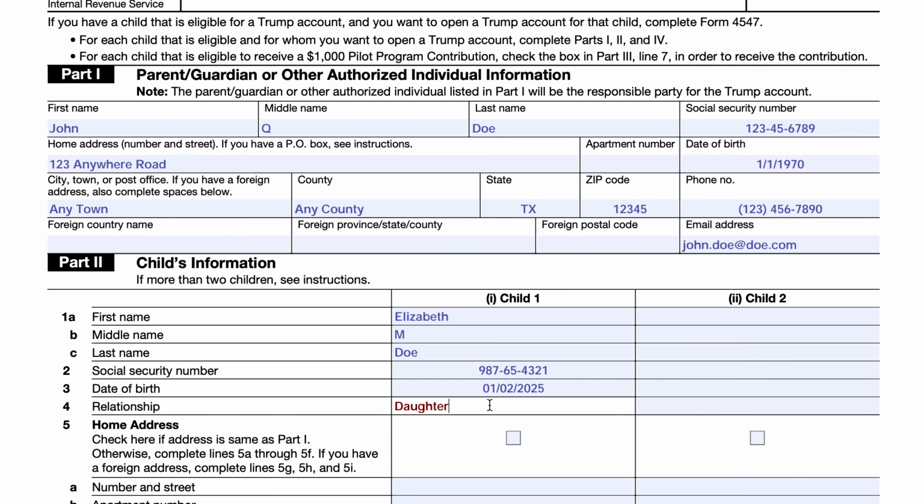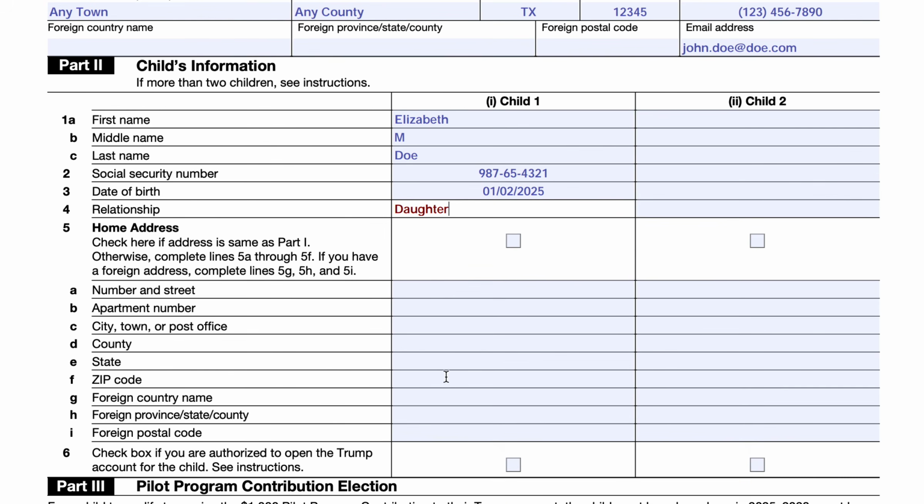So when it comes to the home address, you can either put a completely new address in, or you can check the box indicating that this is for the parent's address. And then check the box if you're also authorized to open the Trump account for the child. So that's pretty straightforward. The form instructions say that for line 6, basically check the box if you're authorized to